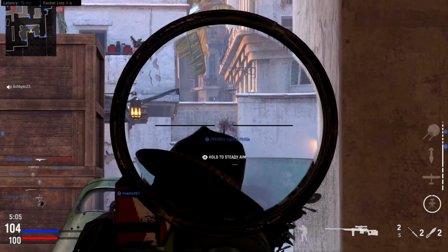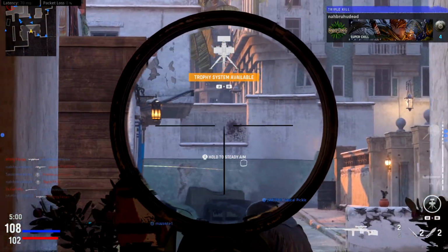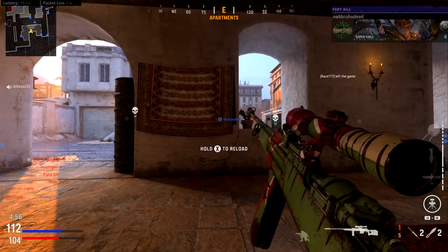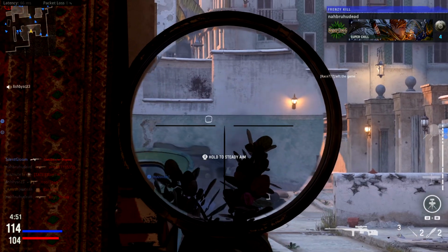Same with the Type 11 light machine gun, probably the worst light machine gun in the game. It has very high recoil, and therefore it's way better at close range than long range, but the deployable shield made my long shot challenges a breeze, and so I highly recommend using the deployable shield when